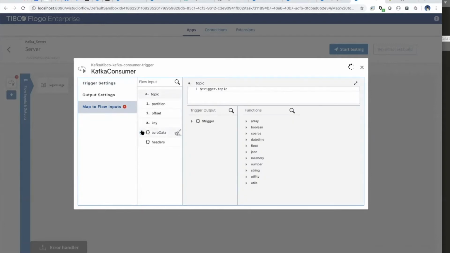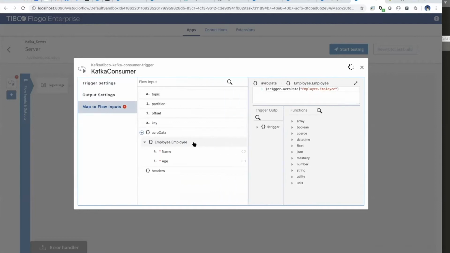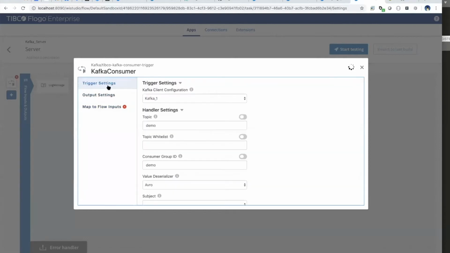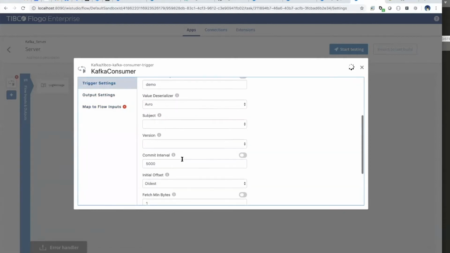Yes, it's all mapped. It has the Avro, and it has all the configurations.